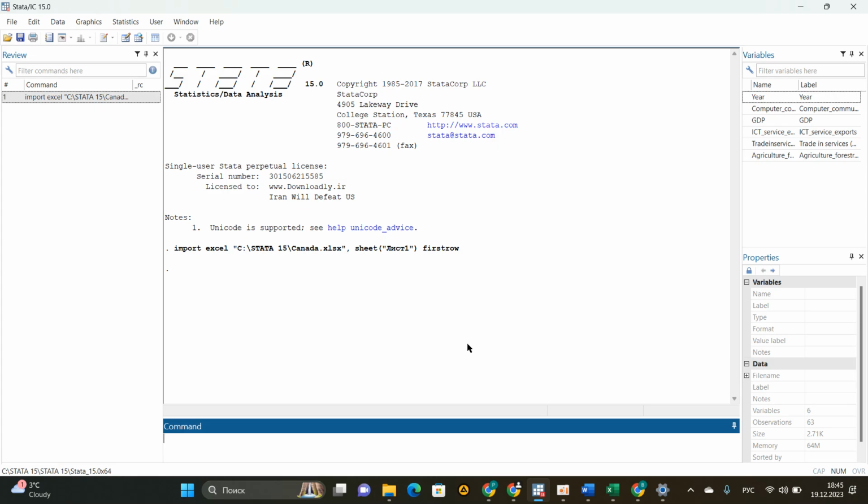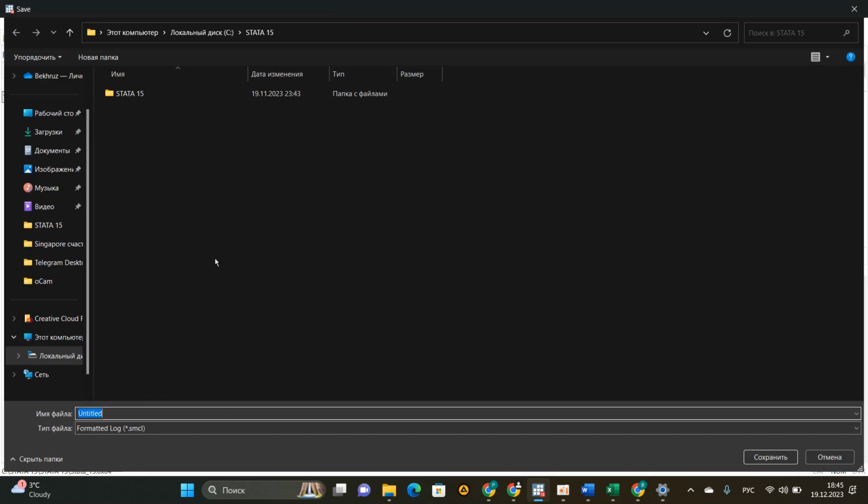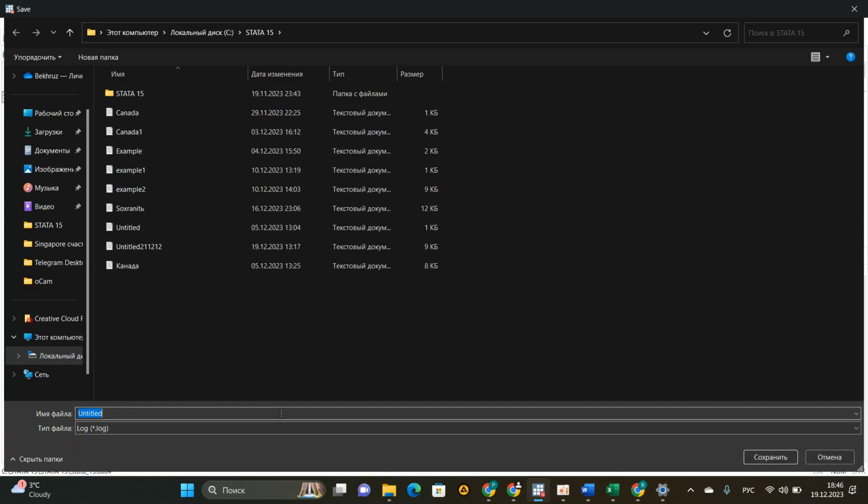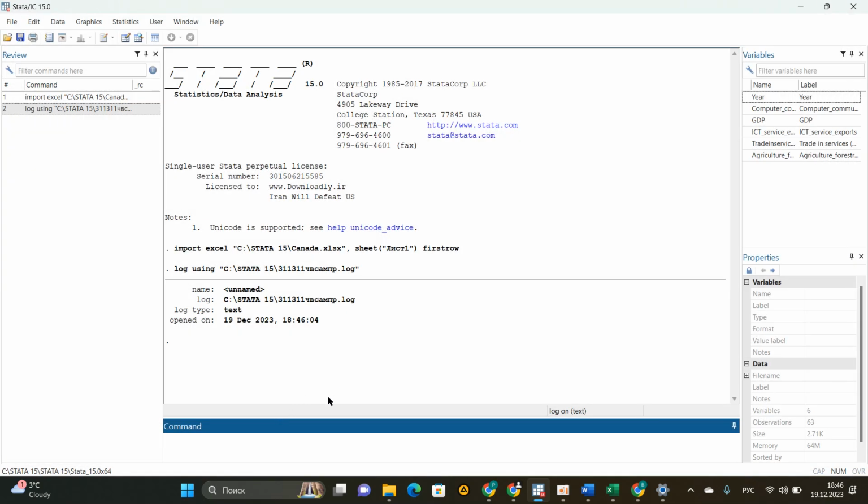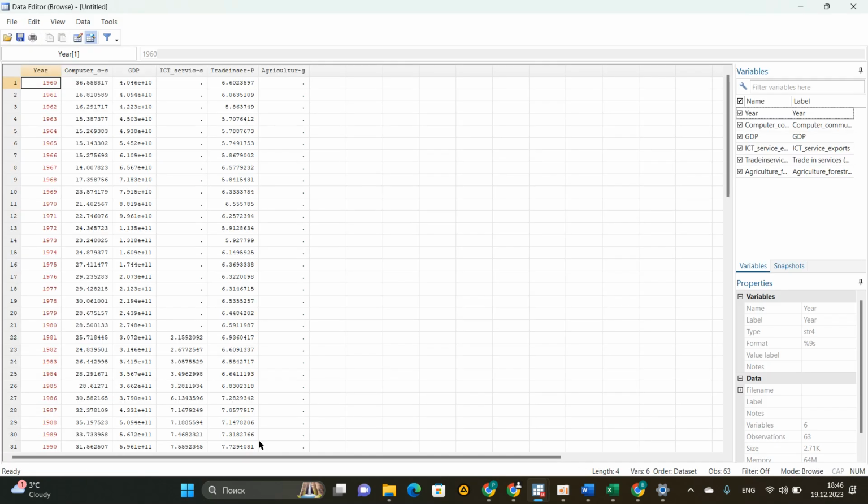After importing, you should first of all open the log file. You can name it any name, and type the browse command. The browse command gives us information about the data: is the data time series, discrete, numerical, and so on. In my case, it's time series and